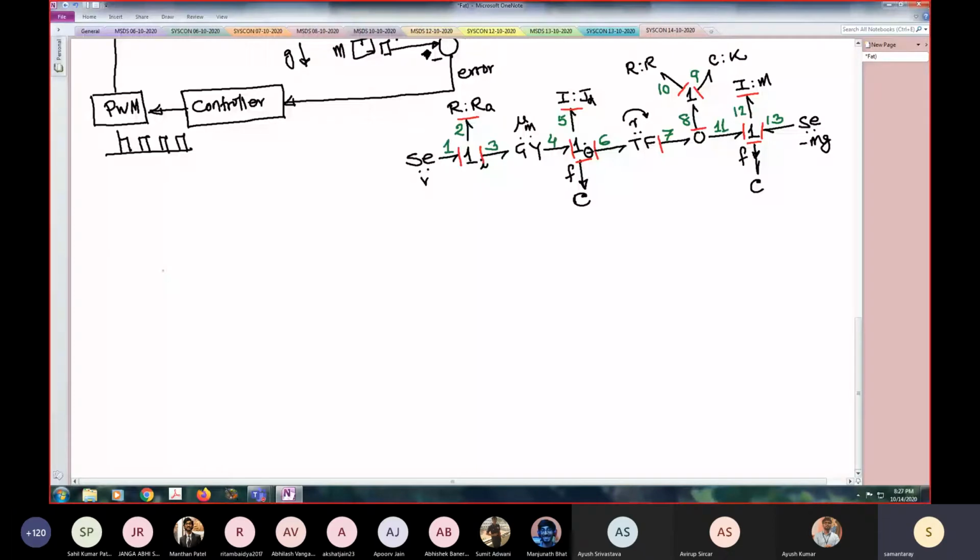So I will put effort nodes. At one junction, 1, 2, 3, flows are equal, efforts are different. At one junction, flows are equal, efforts are different. So I will introduce a common flow node for 1, 2, 3 and 3 effort nodes E1, E2 and E3. So I will introduce a node E1.